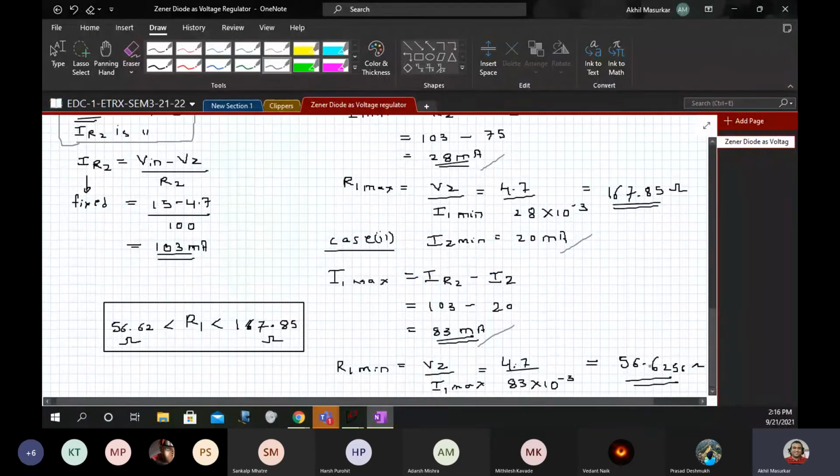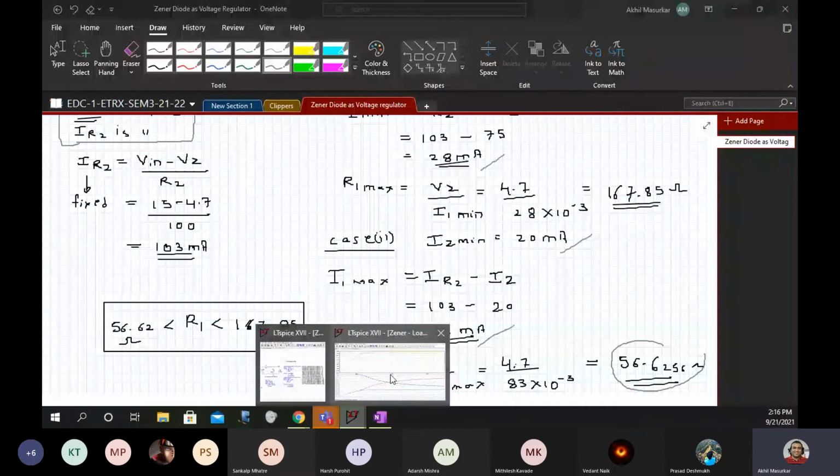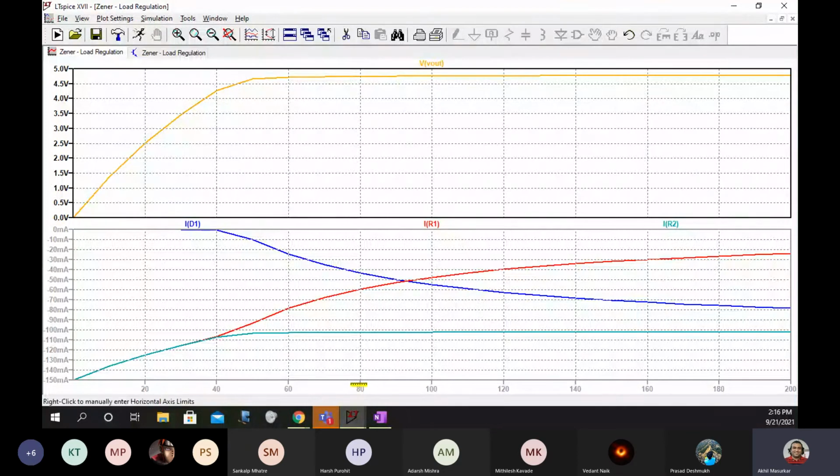Now here you can see that at around 56.625 ohms, this axis is resistance in ohms. Somewhere close to 60 you are getting a pretty straight characteristic, and from there you can go up to around 160 ohms.